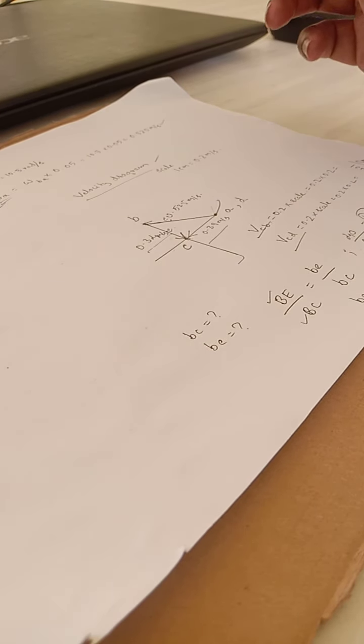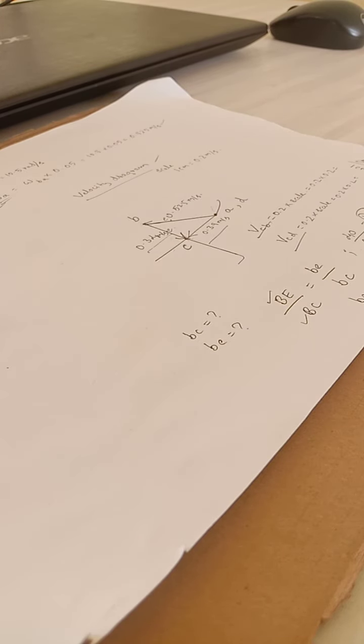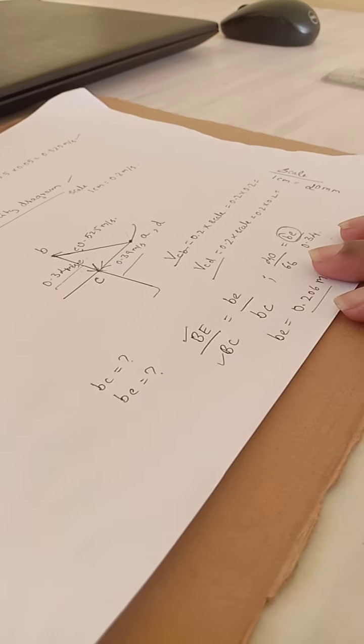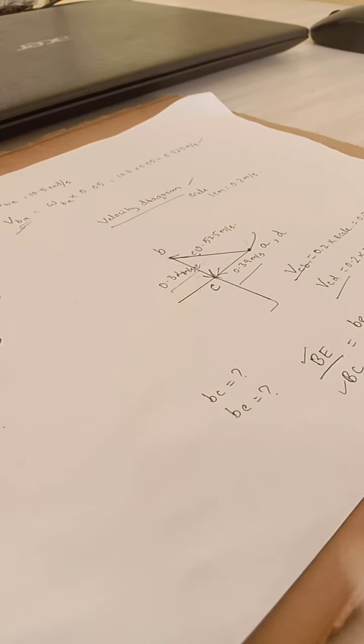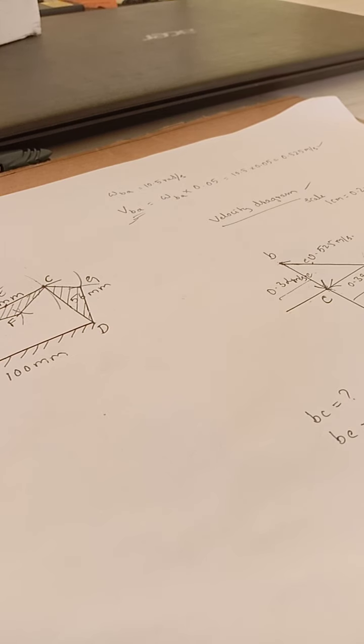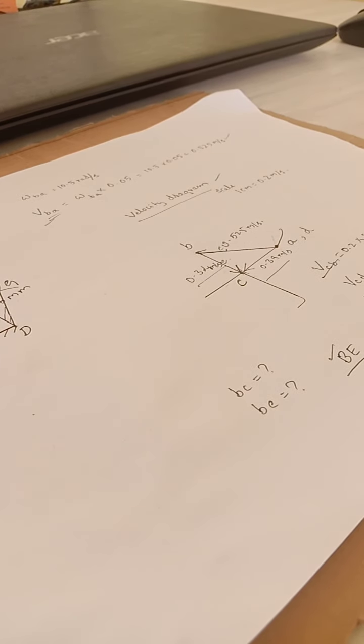So these are the required things we need to calculate in the velocity diagram. There is also an acceleration diagram, and that acceleration part I want to discuss with you in the next video. Right now you go through this, and if you have any doubts you can contact me back. So this is about the velocity diagram and velocity analysis. Further we will continue the same problem with the acceleration analysis. All the diagrams need to be on the same page.